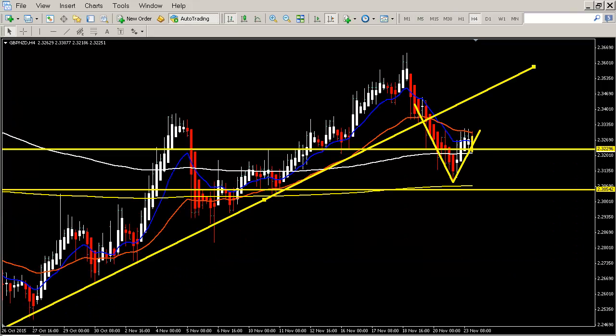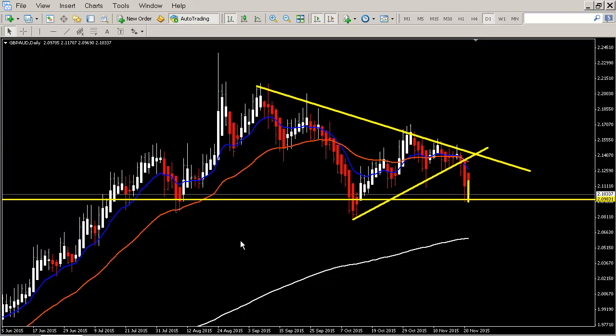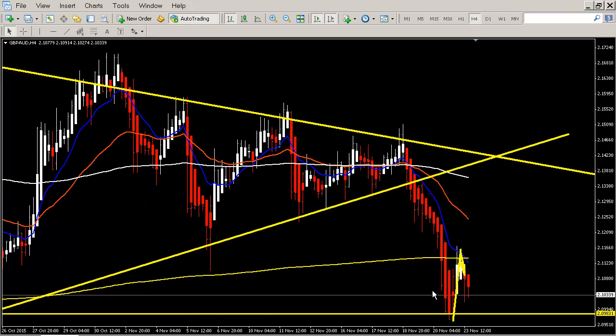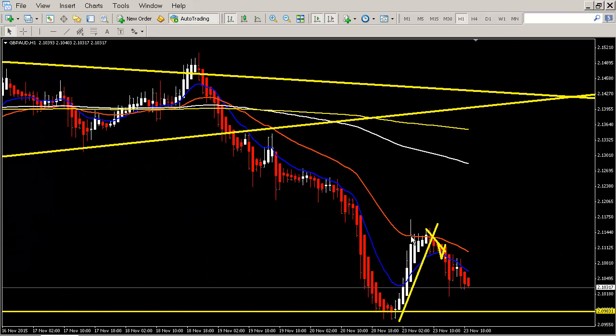Okay, GBP Australian dollar, we have this wedge. Daily is down. We have a little bit of horizontal support on the daily chart. We had a reach on the 4 hourly chart. We had a retracement back to the 12, which on the 1 hourly was the 36 EMA. And with some people, we did the analysis earlier today. You could here easily see the point where we have the